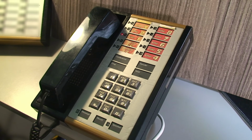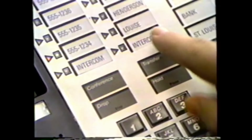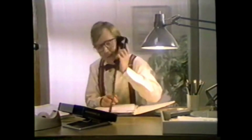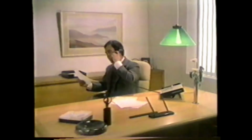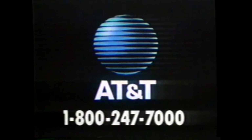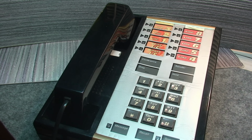You hear that? It's the 1980s calling. The Merlin telephone system from AT&T. It's an intercom, a conference caller, and has 40 features you can select. Introduced in 1983, it's the AT&T Merlin phone system, which was intended to be and was a